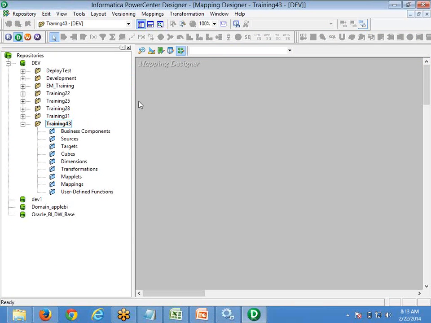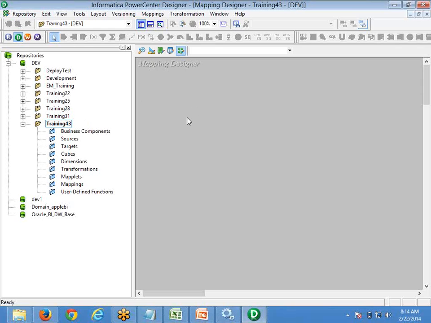Now I am going to develop a simple mapping. So what is a mapping? I want to develop code in ETL to extract and load. Since we develop using graphical visualization components or objects, we have given it the name mapping. We are extracting data from somewhere and loading it into a target, and we develop the code using graphical objects by clicking and dragging. That's why we have named it a mapping.